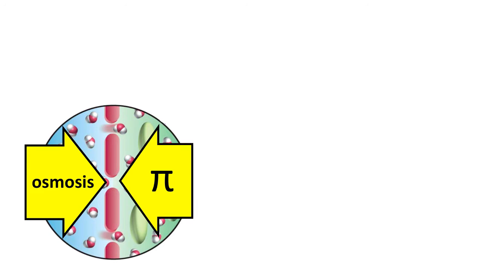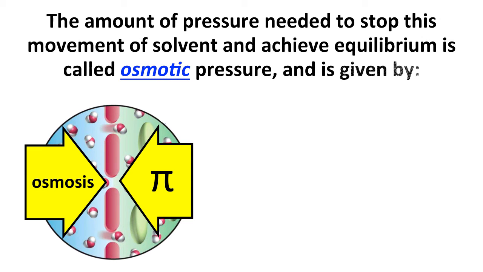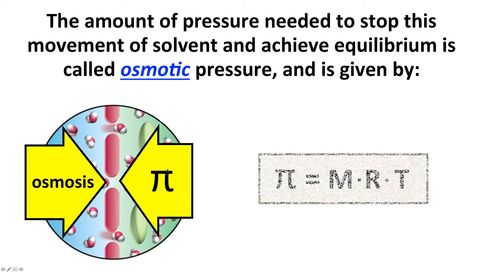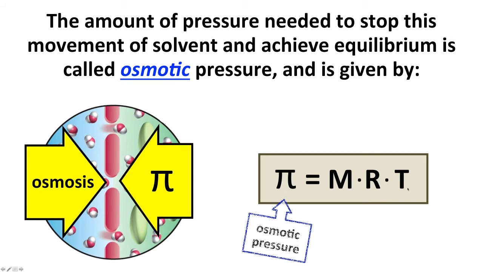Osmosis continues until the osmotic pressure is large enough. We'd say the amount of pressure needed to stop this movement of solvent and achieve equilibrium, we call that osmotic pressure. We symbolize it by the Greek letter capital Pi, and the relationship between osmotic pressure and other quantities is shown here. Pi equals iMRT, where Pi is the osmotic pressure, M is the molarity